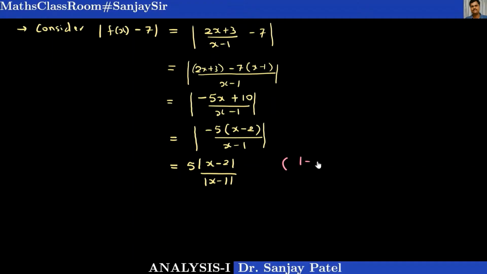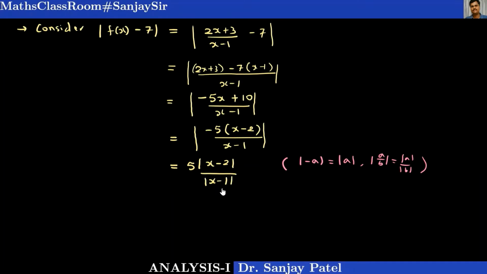You know, mod of minus a is same as mod of a, or secondly, mod of a upon b you can write as mod a upon mod b. So we are using this type of properties of modulus function. Now we have shown that the expression f(x) minus 7 is equal to 5 times mod of x minus 2